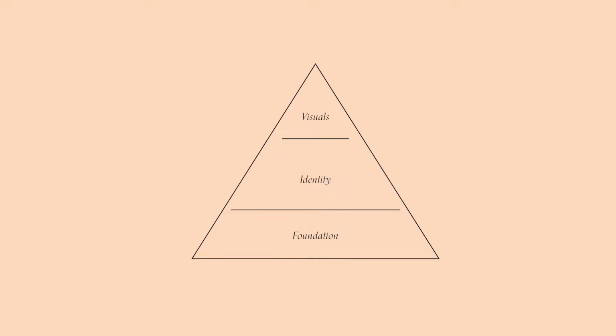A lot of designers will reference a triangle method when it comes to thinking about branding. Basically, within that triangle, the bottom layer is the foundation, which is the strategy. It identifies your audience, your brand goals, your pillar words, your overall future goals, the problems you're solving, a lot of the different areas I've already kind of mentioned before. And then the second middle layer is creating that identity. So that is more so when we're beginning to think about all the different components together that build your brand. Overall, the identity will be what people think and feel about your brand.